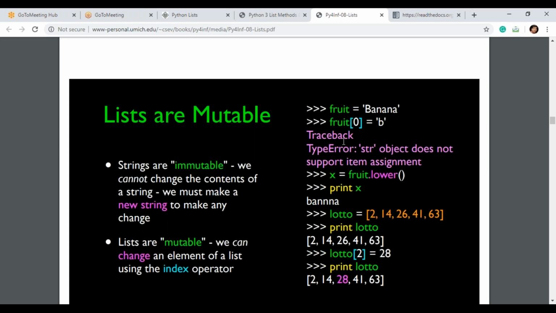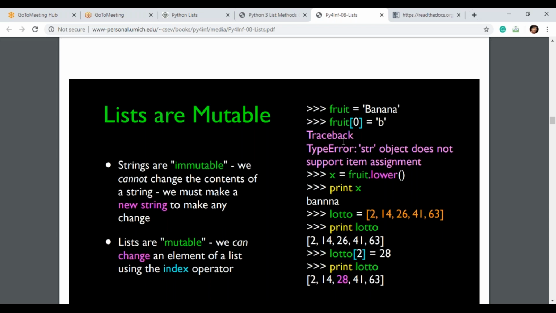Now print lotto of 2 is equal to 28. Then print lotto, and you can see 2, 14, and then 28. To replace the second position, you can assign a value, 28. So you can directly assign a value through the index.